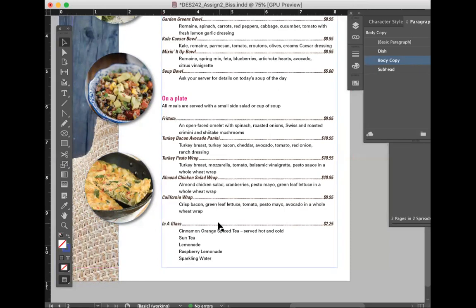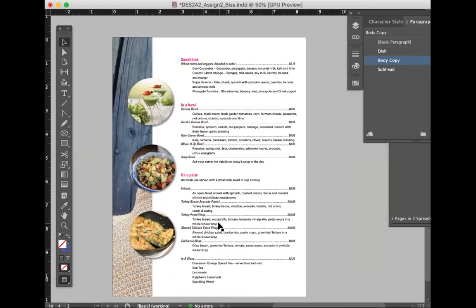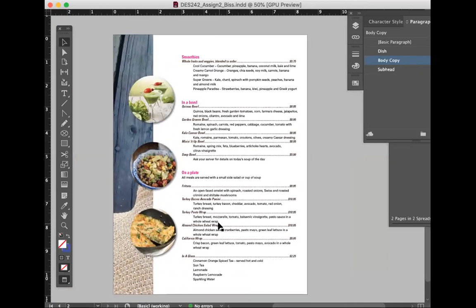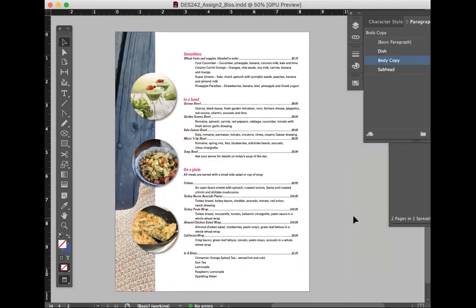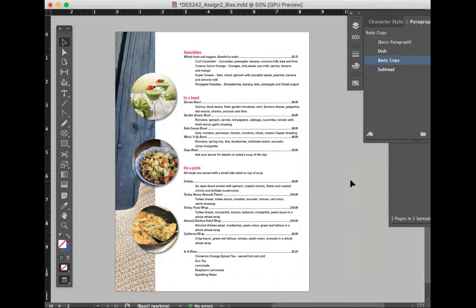Okay, so let's take a look at this from where we started. Now we can see the whole layout as a whole as we zoom out here. Is it balanced? Do I have enough margin space on each side, top and bottom? Do I need to move this up to balance the bottom? That looks pretty good. Everything is easy to read.